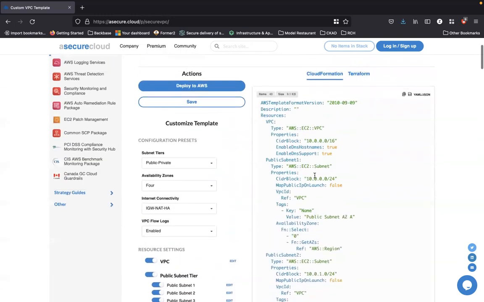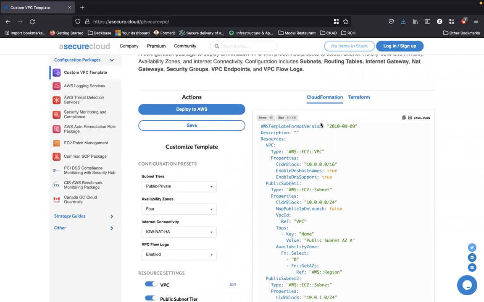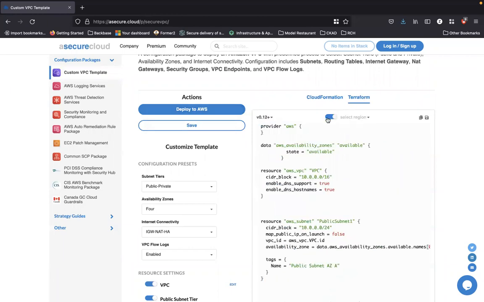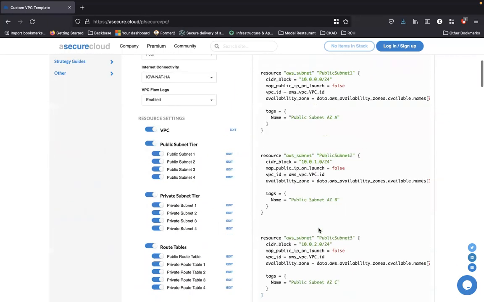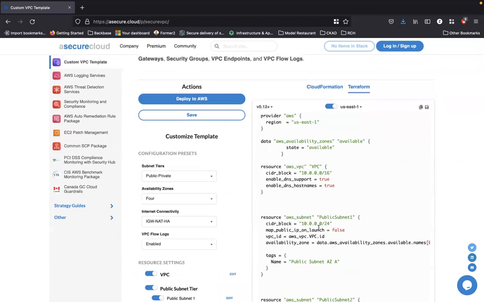And the best thing about this platform is it gives you the template in CloudFormation, which means you can directly deploy it to your AWS account if you're already logged into the AWS account. If not, you can always choose Terraform. And over here, if you want to choose the region, let's say that it's going to deploy it to US East 1, you will see the region automatically populated over here, which is pretty cool. You can also download the Terraform template in a previous version or in a newer version, and just take a look at this. Probably you can just have this as a starting point for you to customize even further.